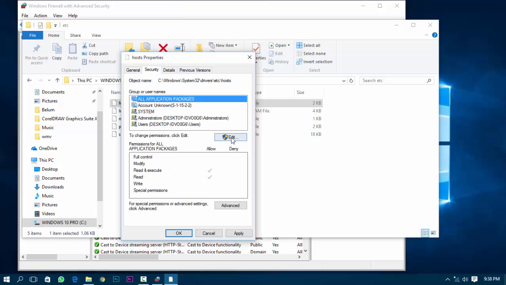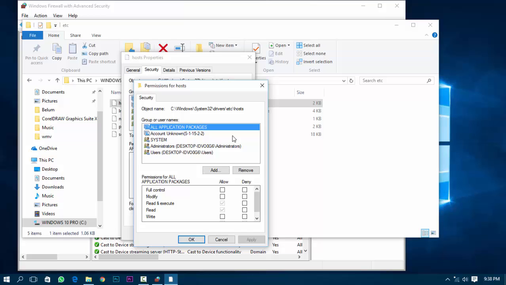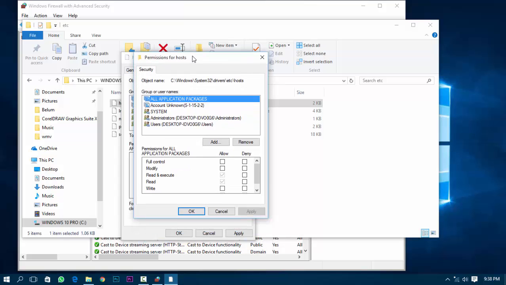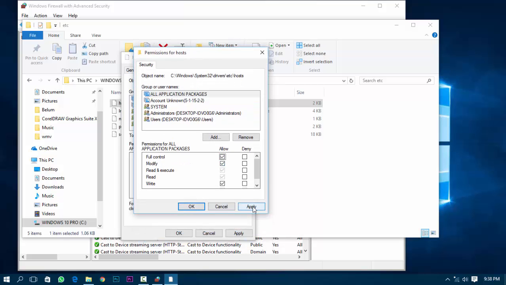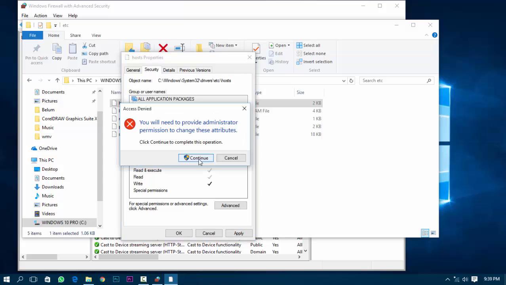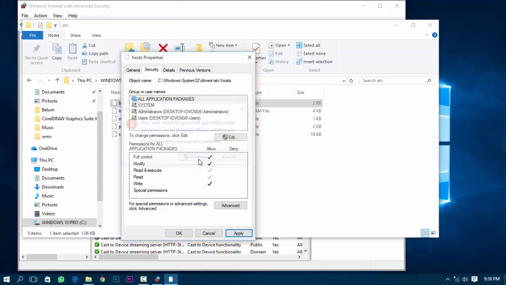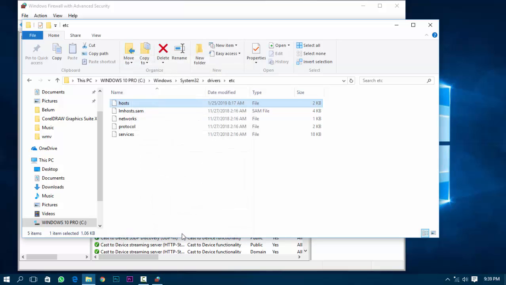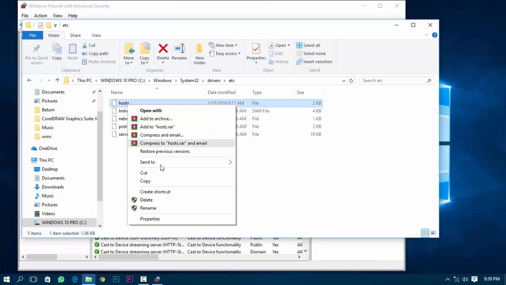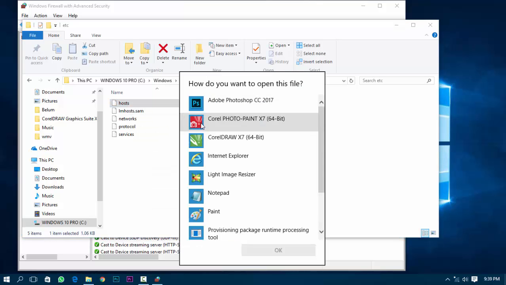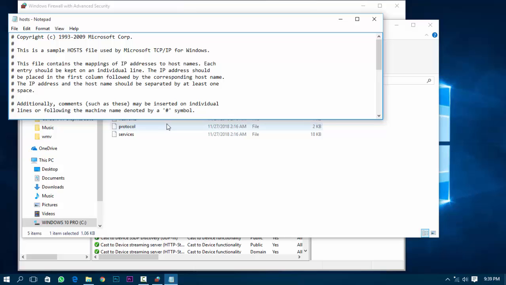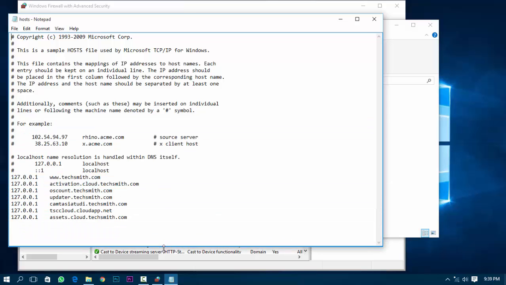Security, then Edit, tick on the security tab, like this, apply and yes. Okay, and okay, and right click on the hosts file and open with Notepad, like this,